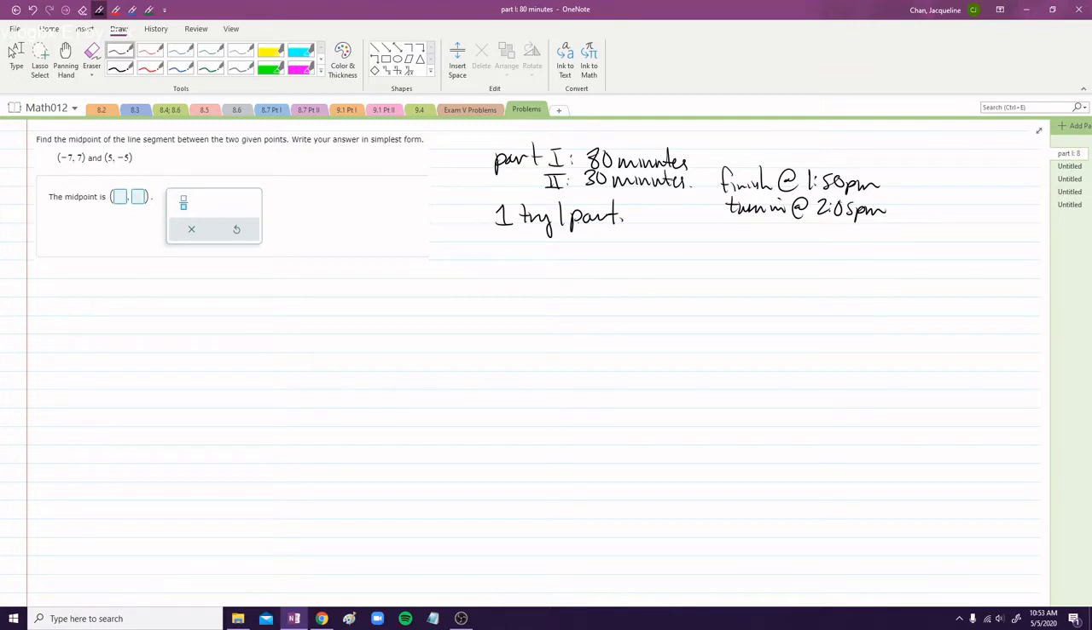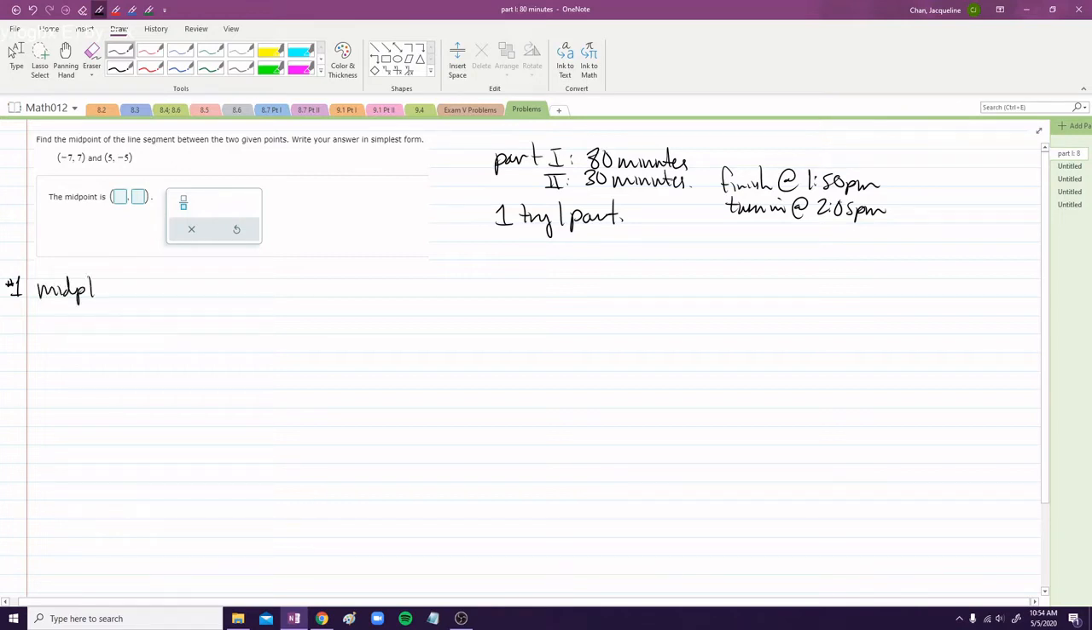So for this exam, I just noticed some things when I graded the last two, and I wanted to clarify some things. For example, find the midpoint of the line segment between the two given points, and then write your answer in simplest form. Let's say that this was number 1. First of all, remember we want this to the left of the red margins, right? And then you can just put